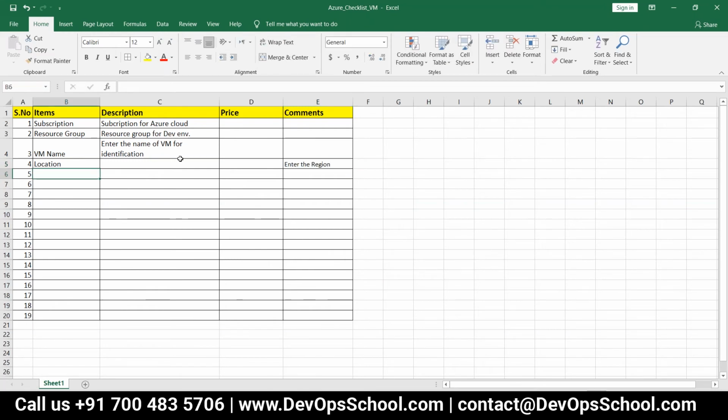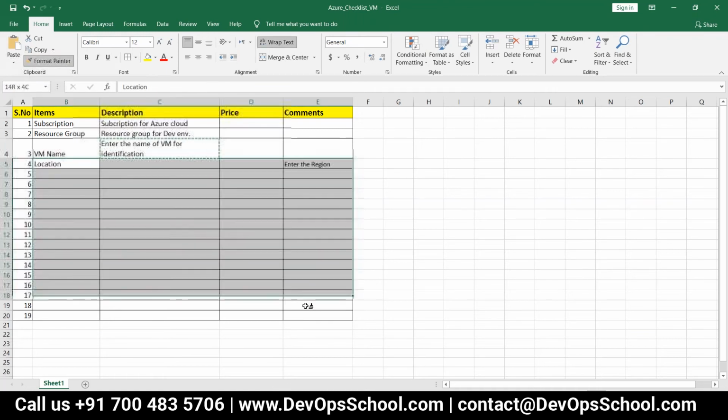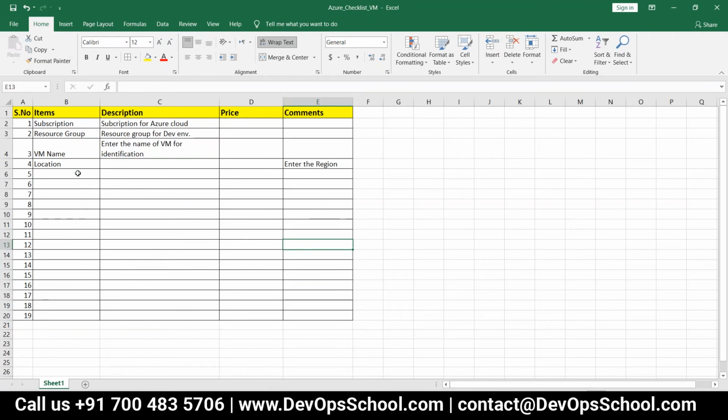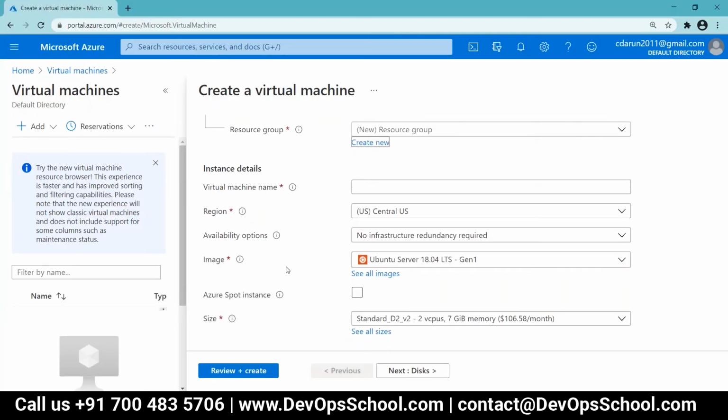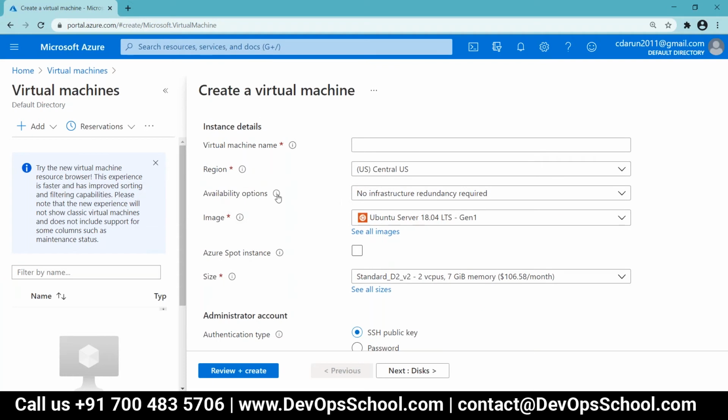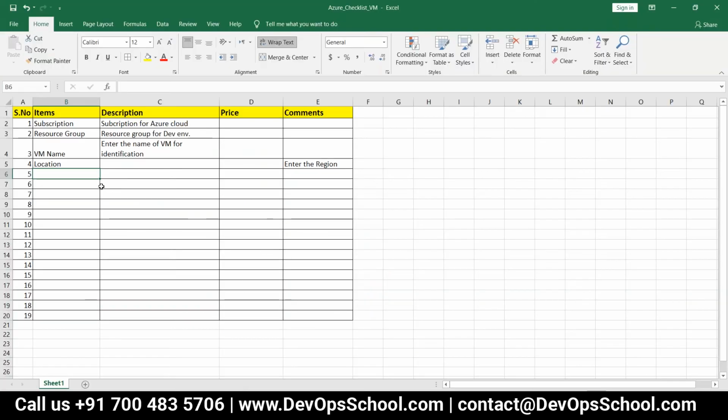So this is what I'm telling you, the real time how we are preparing the document. Okay. Checklist of the virtual machine location, and after that we have to decide location, right? And after that we have to decide the size of the VM, right? No, image. Image available. Yeah, image or anything, size, you can go here and there. Image,